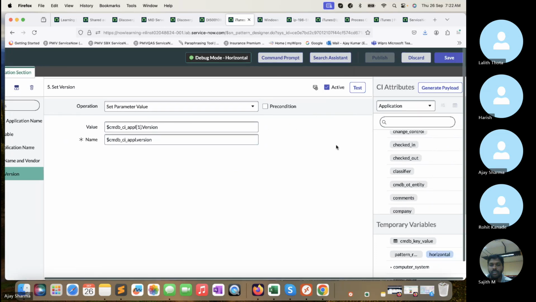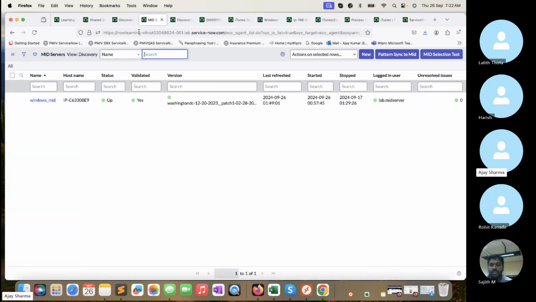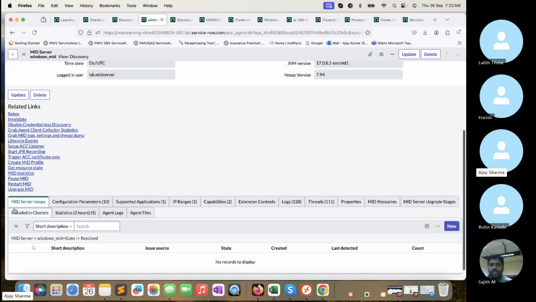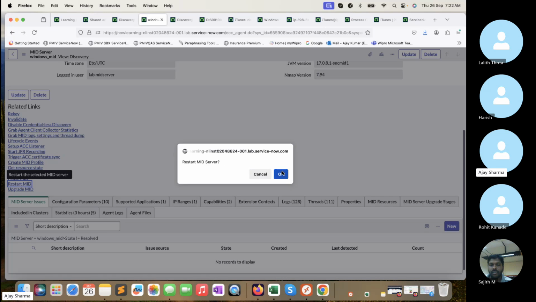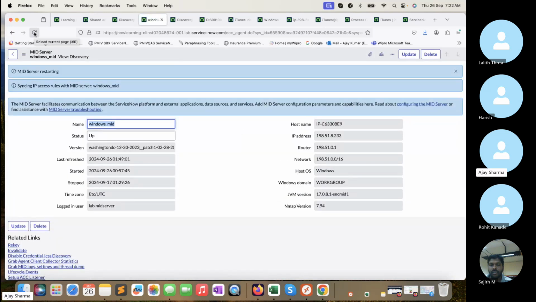Let me save, publish, and now let's restart the MID Server. We can restart the MID Server from here itself. So meanwhile it's restarting,